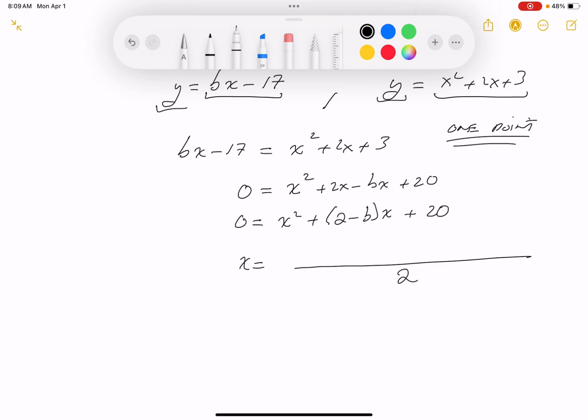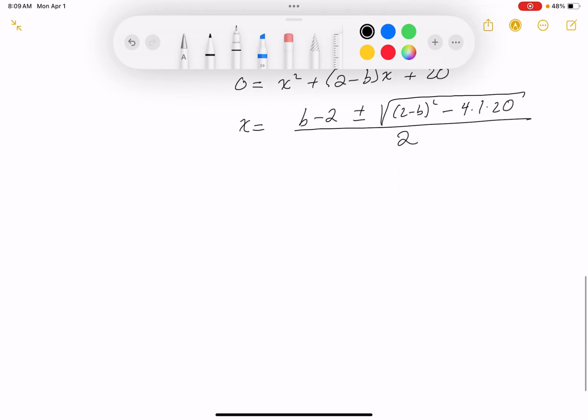Let's see, 2. Then you're going to get the opposite of the coefficient of the linear term. That's going to be b minus 2 now, plus or minus, it's the tough part. I have to square that coefficient of the linear term, so 2 minus b squared minus 4 times the a, which is 1, and the c is 20. All right? Let me keep massaging this a little bit, and you get x equals b minus 2 over 2, plus or minus